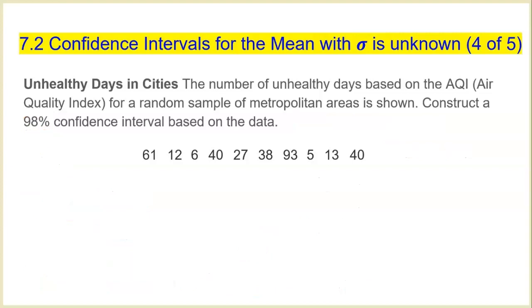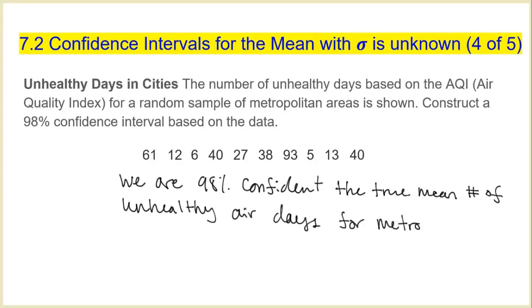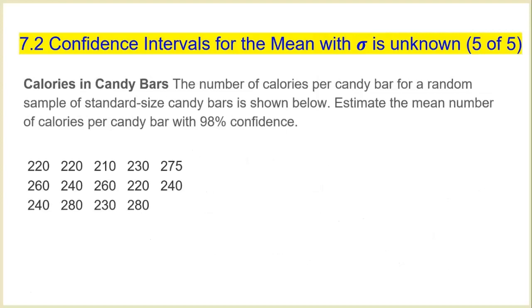And then we can make our little statement like we did before, so that still has not changed. We are 98% confident the true mean number of unhealthy air days for metropolitan areas is between 8.8 and 58.2 days. So more or less the process is very similar to what we looked at before, and we'll do one more example